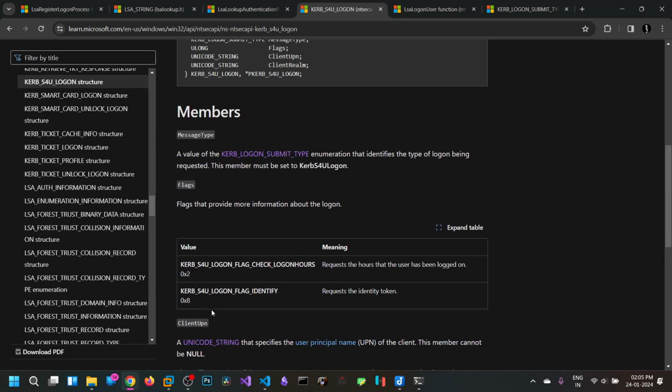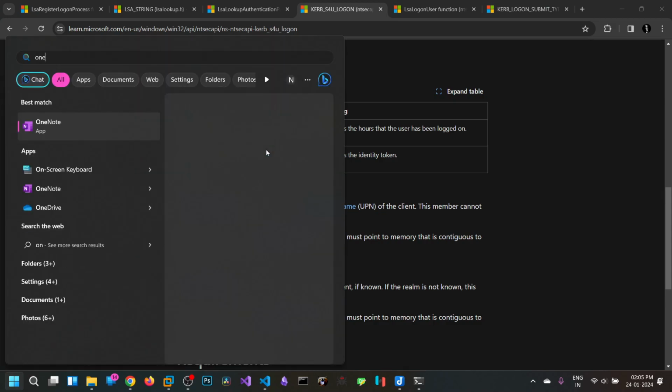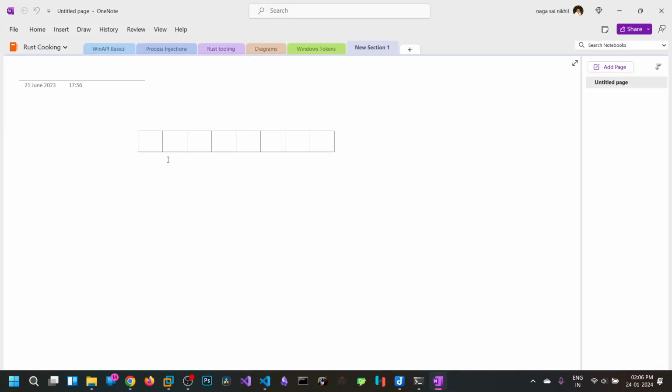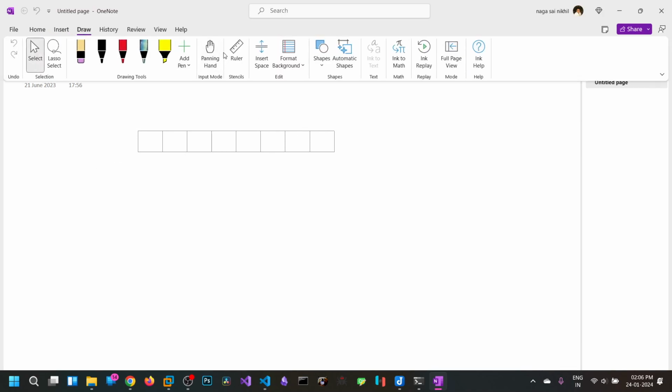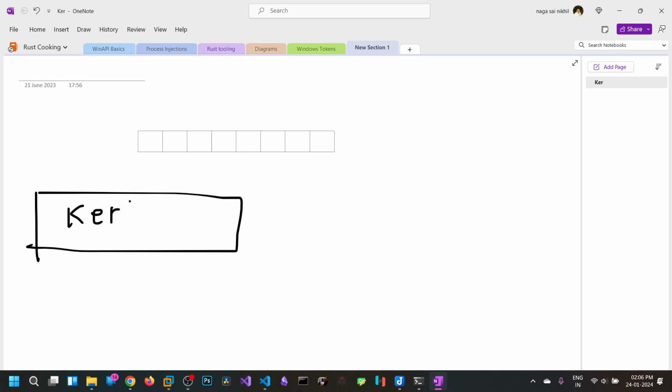So these three should be in a contiguous manner. So this is the Kerberos S4U logon in memory,